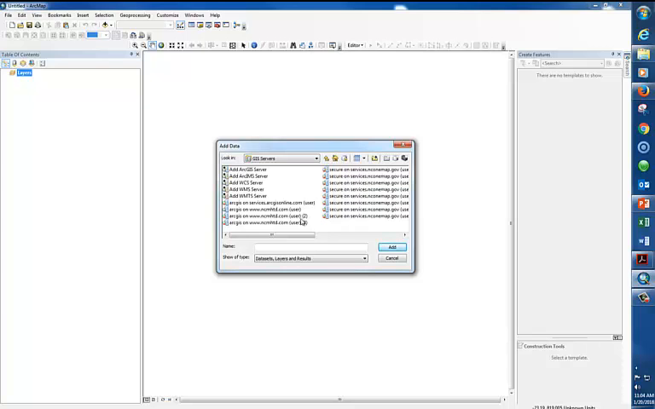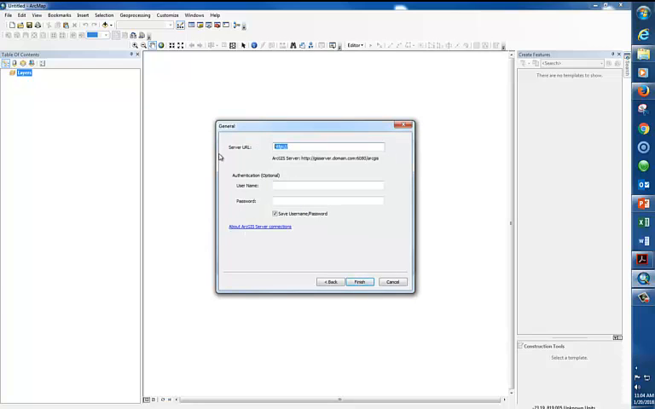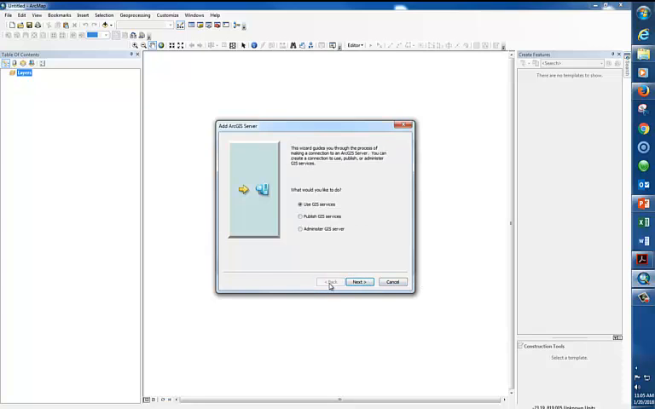But if you don't see it, basically what you're going to do is go to Add GIS Server, and you can make sure it says Use GIS Services. And right here, you're going to delete what's in that server URL and then paste in that link that you just grabbed, okay? And then you would click Finish. I'm not going to do that because I've got a gazillion already loaded up. And when you do that,